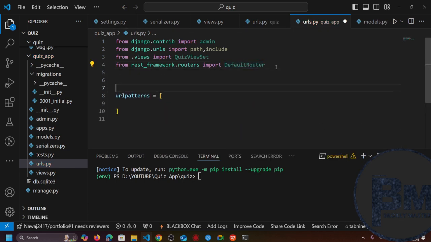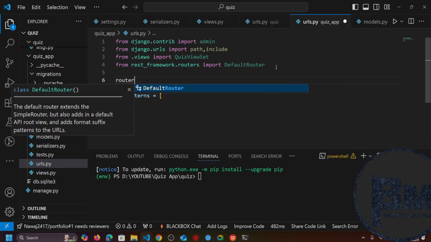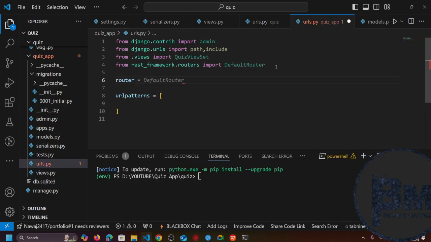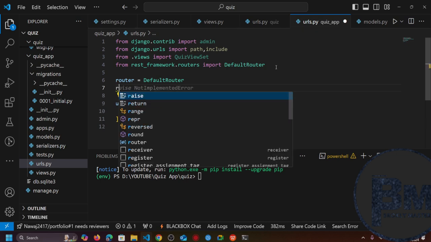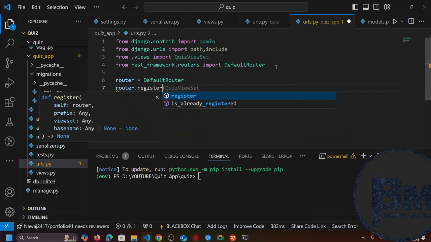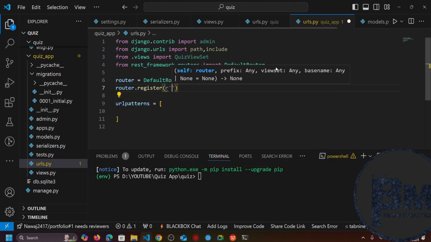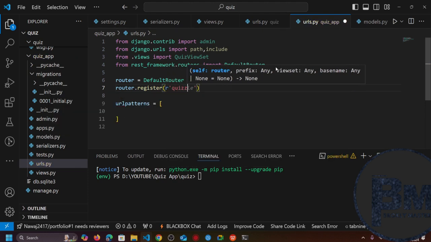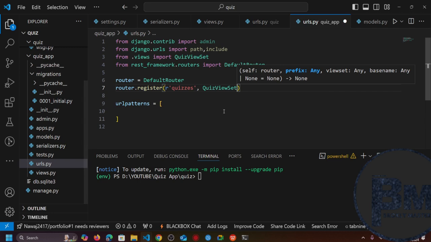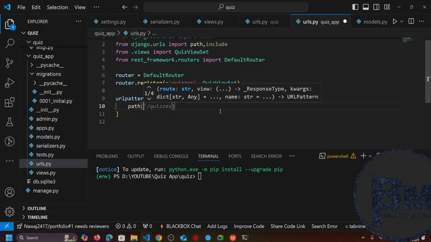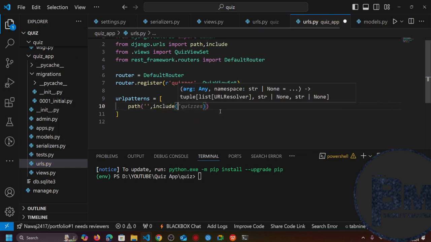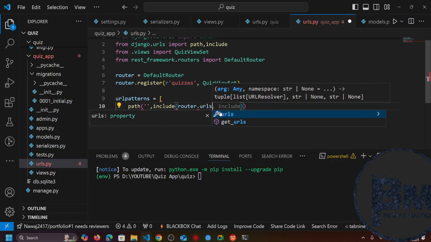Now we also need to define, so let's write here router equal to DefaultRouter, and router.register. Let's define the path quizzes here and write here QuizViewSet. In a similar way, let's write here path include router.urls,